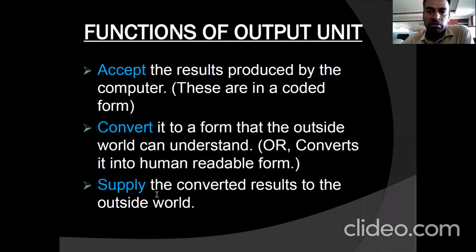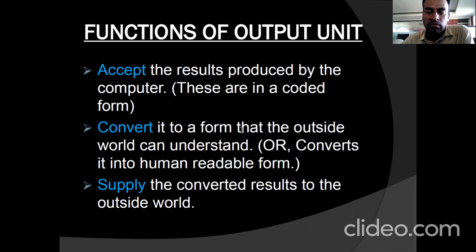Next, the functions of the output unit. The first one is to accept the result produced by the computer. That means we already gave the input with the help of an input device, right? After that, the data or information is converted into coded form. That means machine understandable code, which is accepted by the output unit,